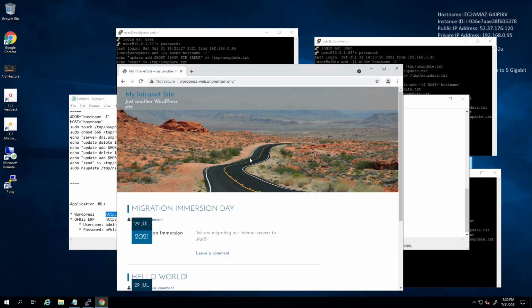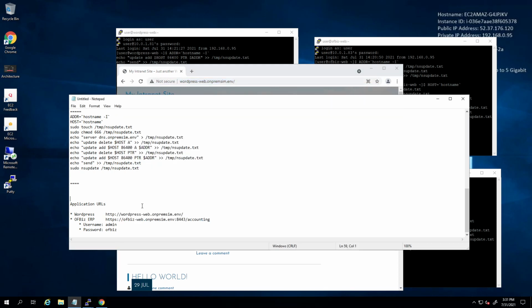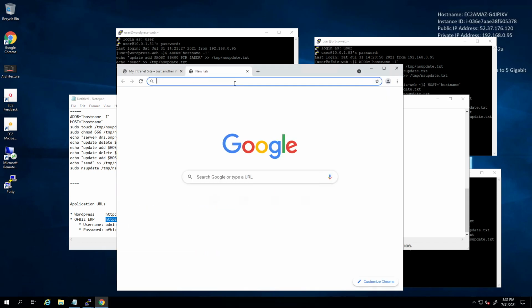There you go. Even though you have shut down your original source application and DB servers for WordPress, since you have already migrated those servers and updated the DNS, the same application is still accessible on the same URL. So with minimal downtime between the time you took down the source servers and updated the DNS, that was a minimal downtime for your business application.